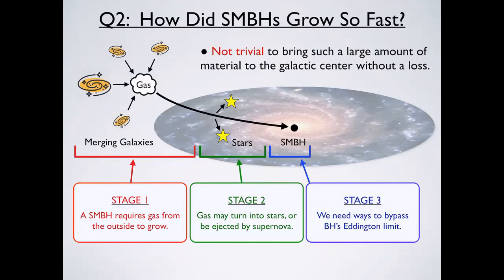So usually what people think is that somehow the gas, or the fuel for the black hole, has to be drawn in to the center of the galaxy, where the black hole usually sits. For that, you have to clear many different hurdles. For example, stage 1: the supermassive black hole has to grow up to 10 to the 8, 9 solar masses. So that much mass, the equivalent of a small dwarf galaxy, has to be drawn in. It has to come from outside the galactic disk, outside the galactic halo, to the center. And that's a non-trivial process.